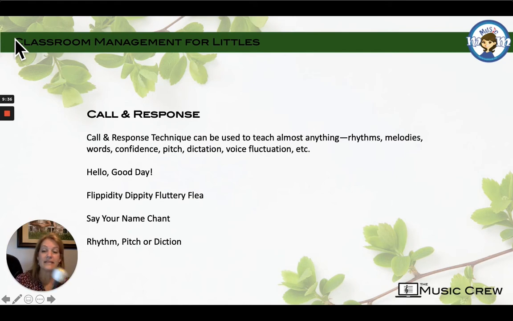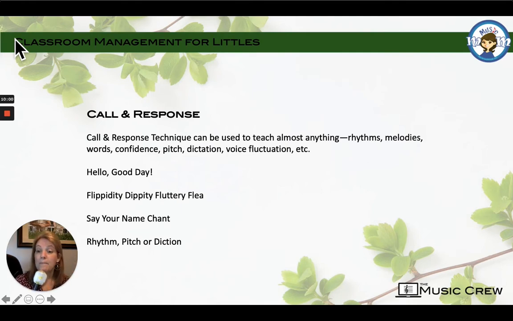This really helps because then I can go ba, ba, ba, and they respond ba, ba, ba. Whatever rhythm you are working on, just have a little fun with them. They don't have to be able to read a rhythm to be able to repeat a rhythm. So just have fun with some rhythms and see what they can do.